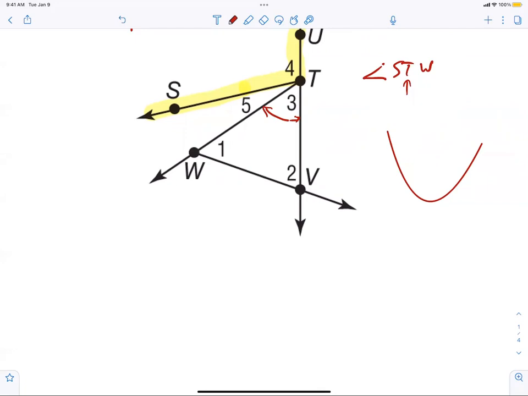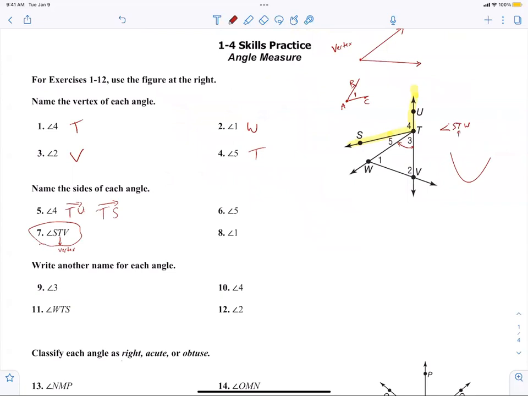All right, I don't care how you label it. All right, now let's get the next one right. Angle 4 can be called what? ST what? U or UTS. WTS could be called 5 or STW, right? Okay, angle 2 can be called